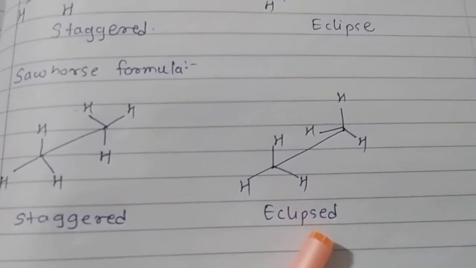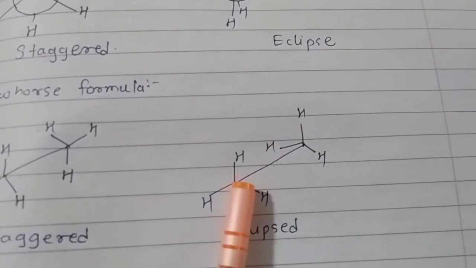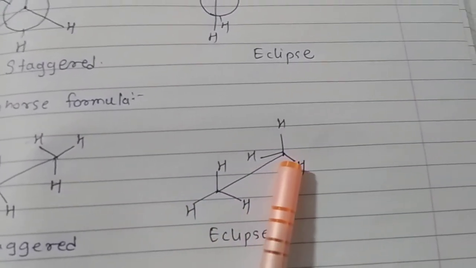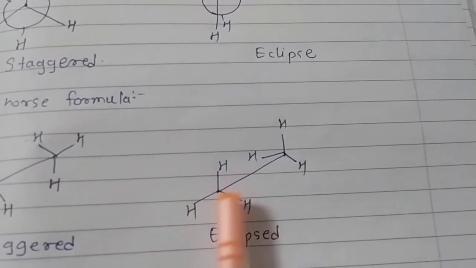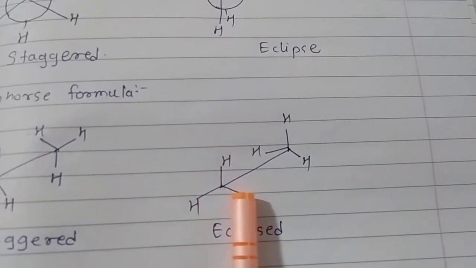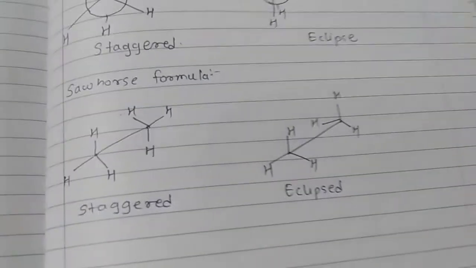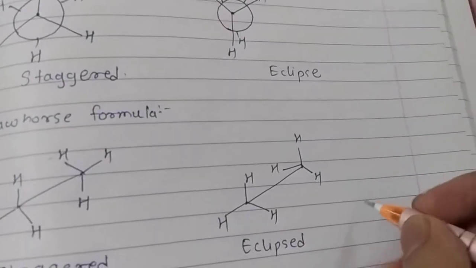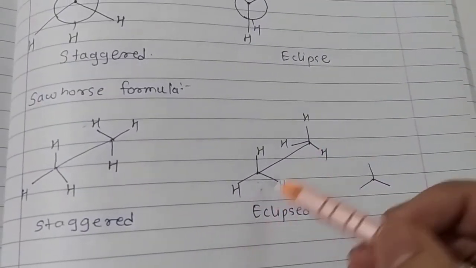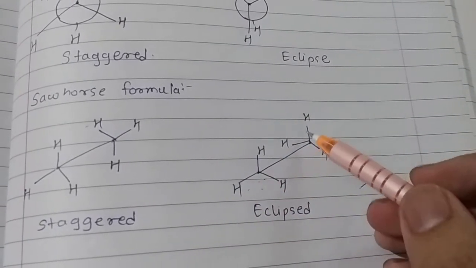And in eclipse conformation, see these 2 carbons, this dot are 2 carbons, just join them and then draw both the Y opposite in direction. So this one and this one, both the Y's, okay, it is Y downward like this. So in eclipse conformation, both the carbon will bond in this fashion.